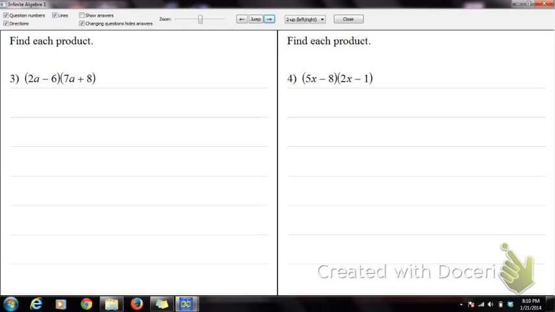Okay, so number 4, we can look at this one a little bit differently. We can think about distribution again, but instead of distributing just this 5x to the second set of parentheses, we can also think of distributing this negative 8. So you'll be doing double distribution, which is really not that bad. We can do 2 different color arrows. So the first would be the 5x